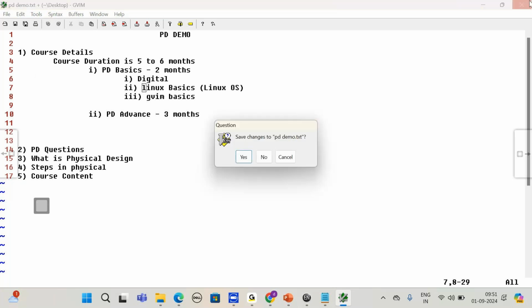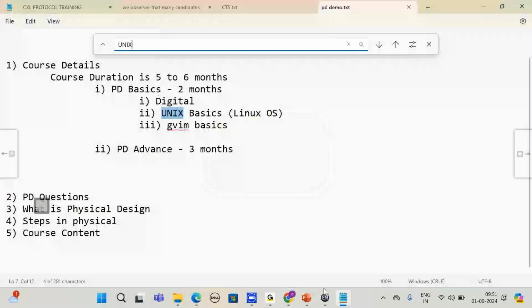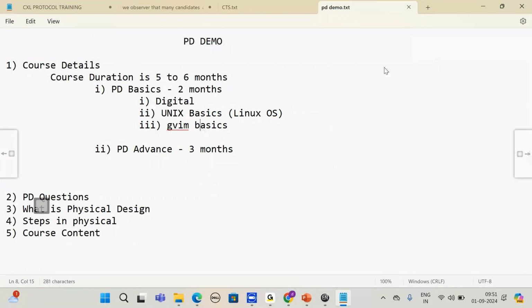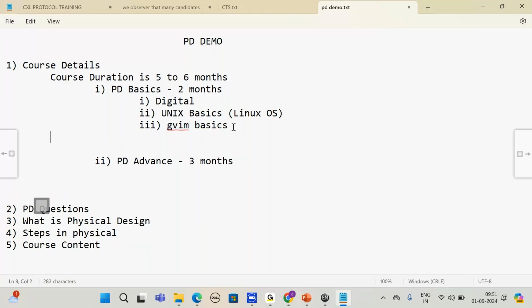So that basics is done here in the GVim basics. This will take only 2 days. It's not a very big course, just shortcuts on how to use this. You will learn this only if you use it in day-to-day life. If you use it daily, right? I am working in a company, I am using it daily. I am an expert in using that. When you use it daily, you will feel it is very easy to use. So next is